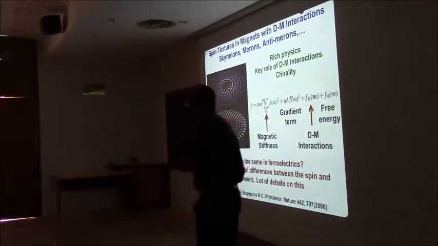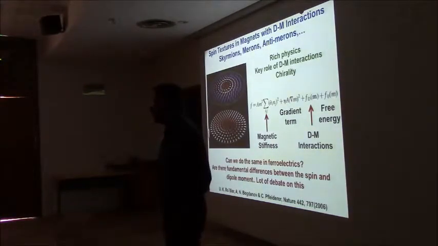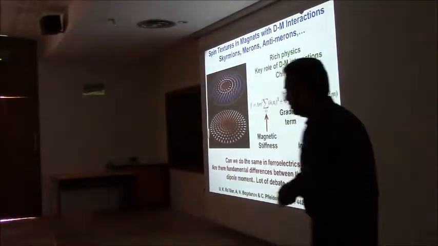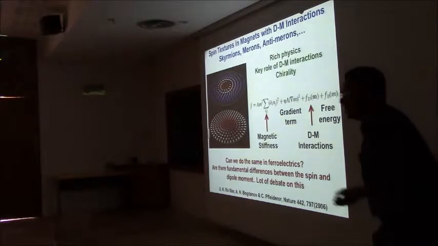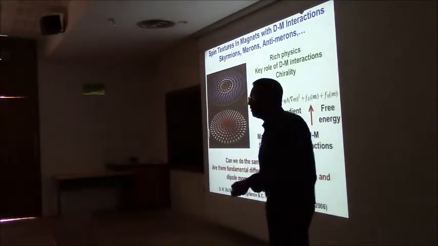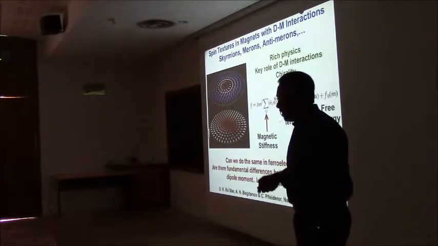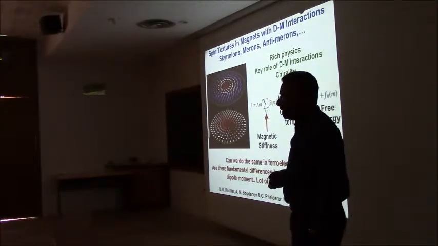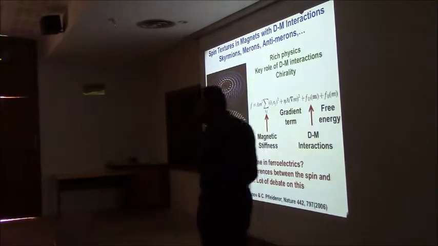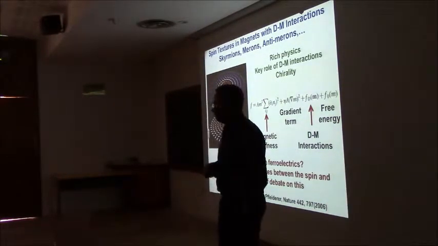And we're going to talk about handedness quite a bit in our discussion today. With ferroelectrics, of course, I don't need a Dzyaloshinskii-Moriya because we have inherently something that's broken inversion. So one of the questions has been, can we do the same thing in ferroelectrics? As a matter of fact, in 2004, Laurent Bellaiche published a Nature paper which talked about this, and I'll show you his data in a second. I don't think many people paid attention.